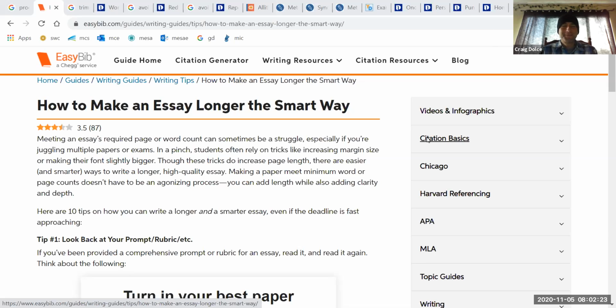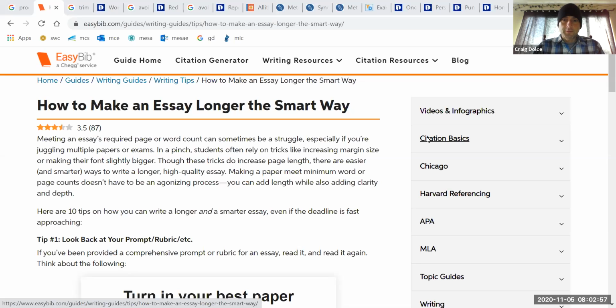Onomatopoeia. So that being said, a couple things to consider when proofreading our papers with the notion of adding length, right? How to make it longer, as our book tells us, and when to make it shorter. Essentially things to avoid. So first off, when I Google how to make an essay longer, right, the Chegg Easy